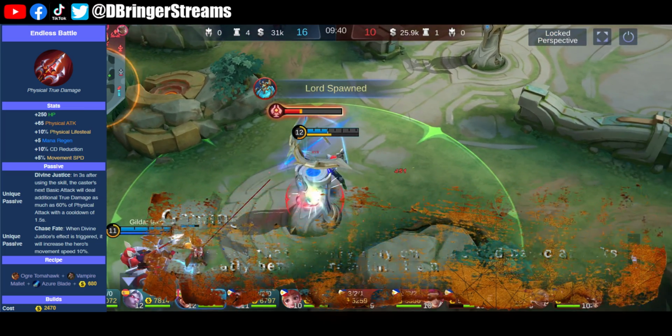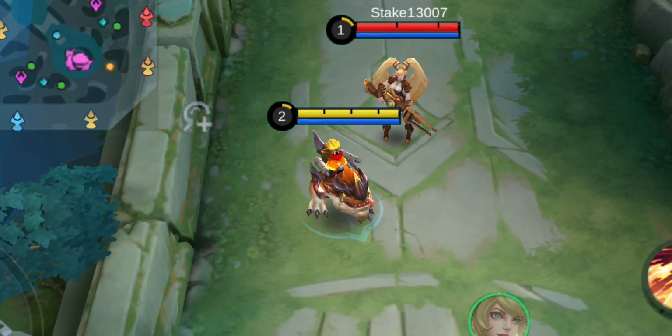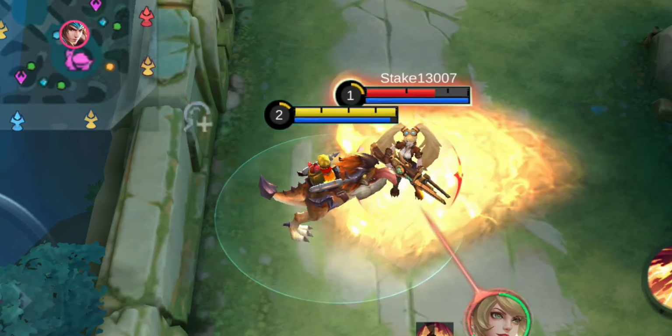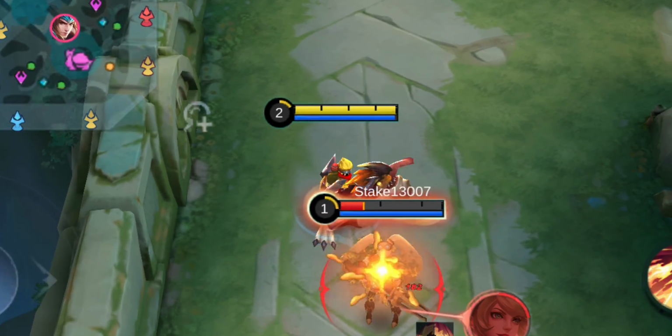attacks, since its unique passive is activated if a skill is casted. After casting a skill, the next basic attack within 3 seconds will be enhanced, which will deal extra true damage based on how high the user's physical attack is. In addition to that, the user's movement speed is temporarily boosted as well, which can be handy in chasing down